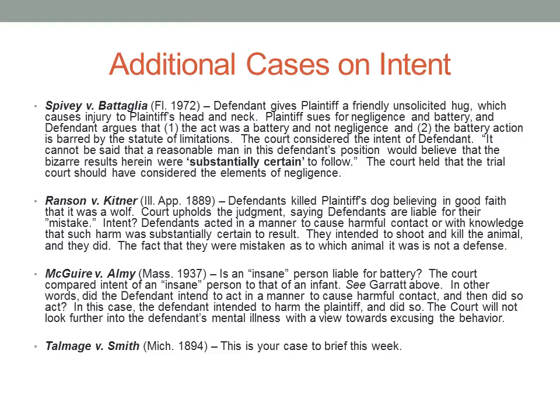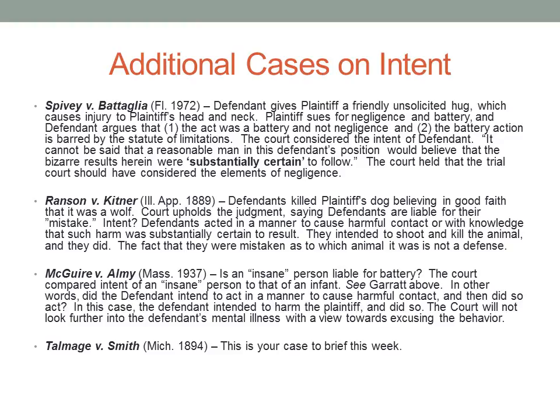In the lower court, they did not submit to the jury the elements of negligence because they bought the fact that this was supposed to be a battery action. So the appellate court here held that he didn't have the intent, but that the court should have submitted on the elements of negligence. The Ranson case from Illinois,